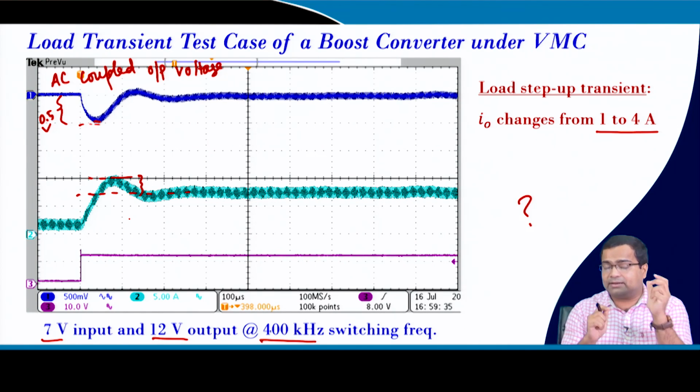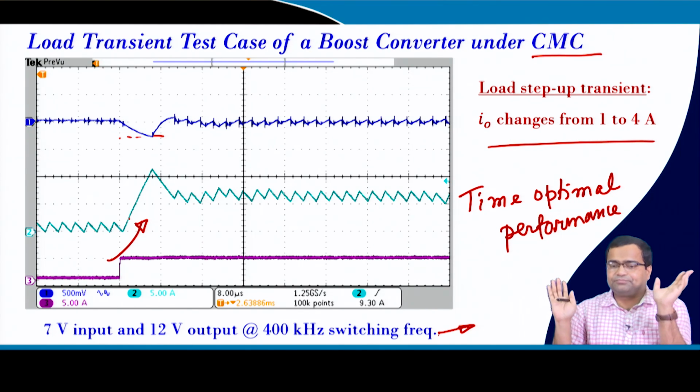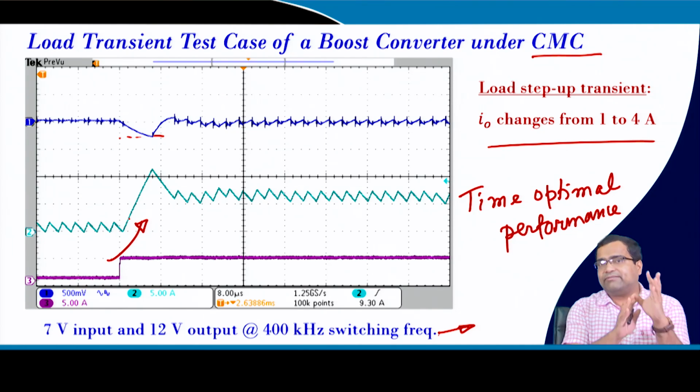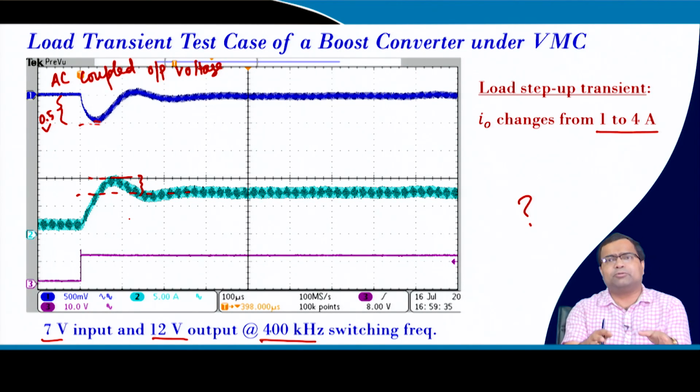And we will soon find there is a fundamental difference between this approach and this approach. In this approach, we view the design of the controller using a transfer function, small signal model. And in this approach, your transfer function is not valid, as we will see, because we are allowing the duty ratio to saturate. So, your perturbation model is not valid because the perturbation is quite large and there is duty ratio saturation. That means the small signal model that we are familiar with is not applicable here. So, we need another level of modeling. Why? Because we will find that this model is much simpler.